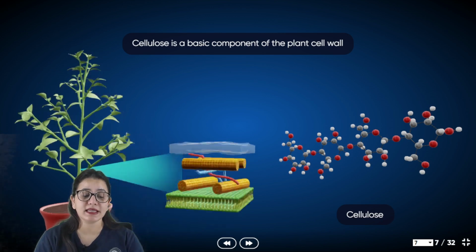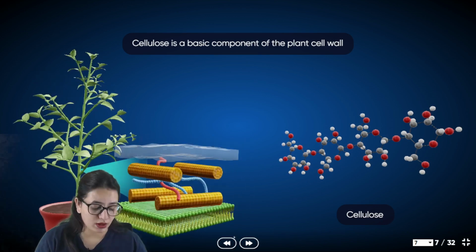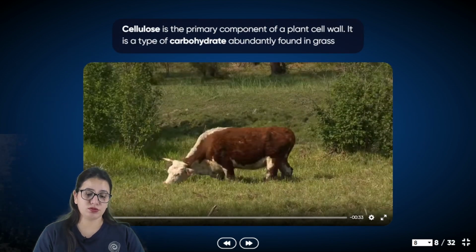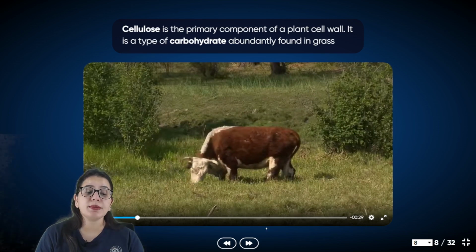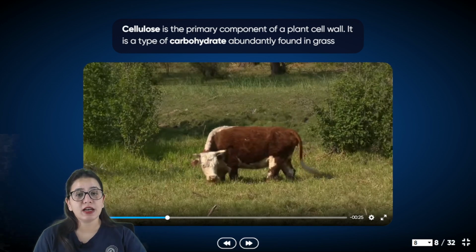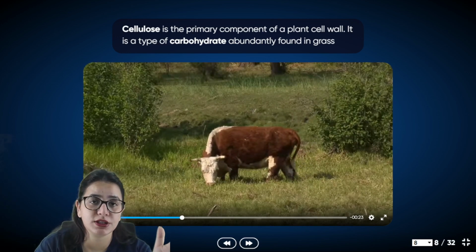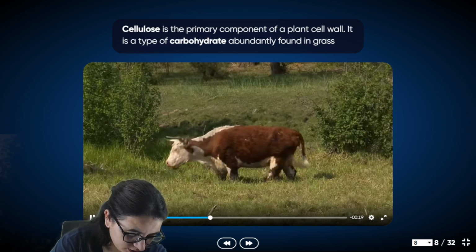This is how it basically looks. So cellulose is the basic component of the plant cell wall. Clear? Moving forward, next we have cellulose. Children, cellulose is the primary component of the plant cell wall. This is something we already know, कि जो cell wall है जो plant cell में ही present होती है. सिर्फ cell wall जो है basically